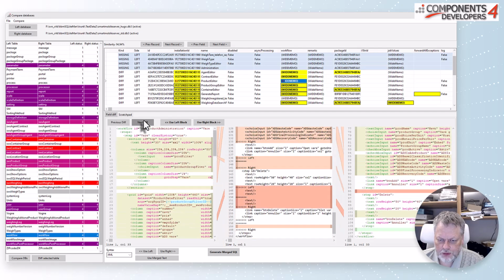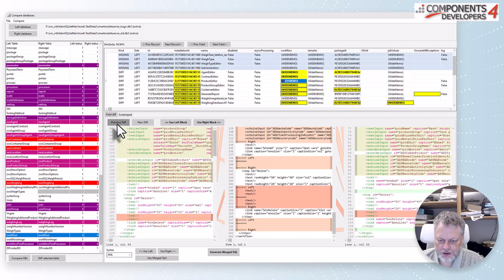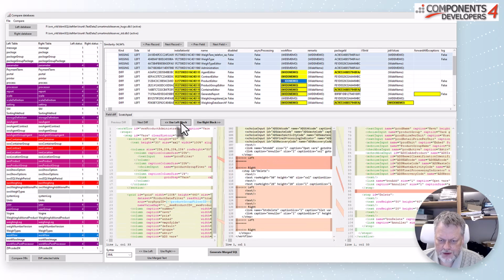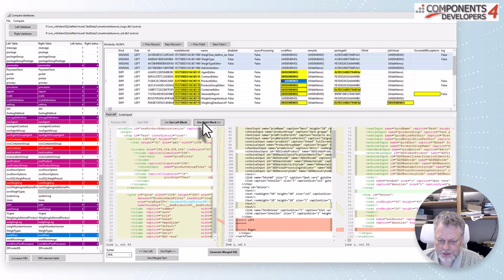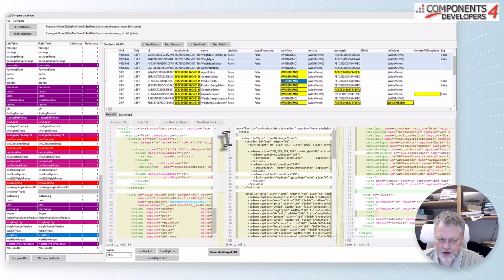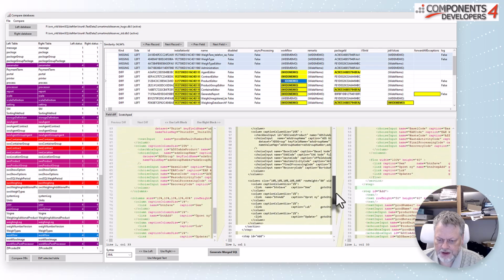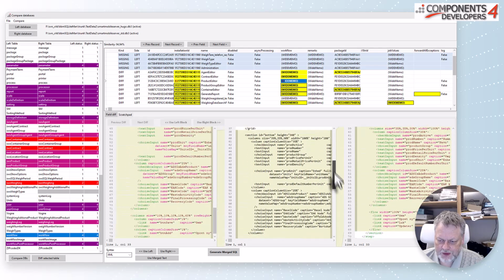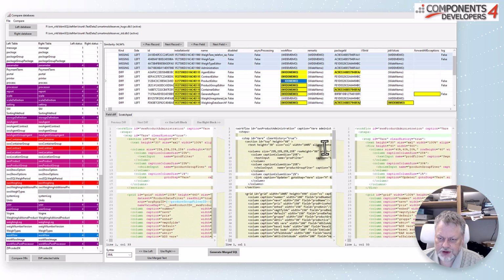And so forth. We can go through all of them and see the different changes. Right block, right block, left block, left block, right block, right block. And now there's no difference anymore. All the differences have been solved, and the middle section contains the result contents of the field. So now we will tell the system that we will use this merged text.